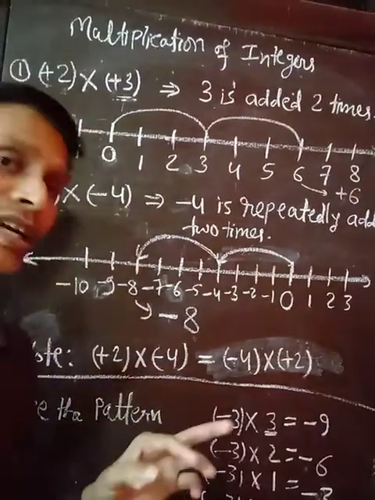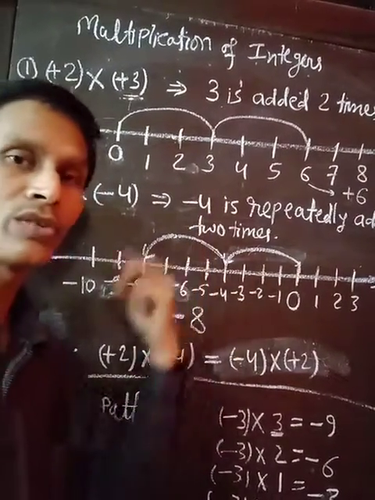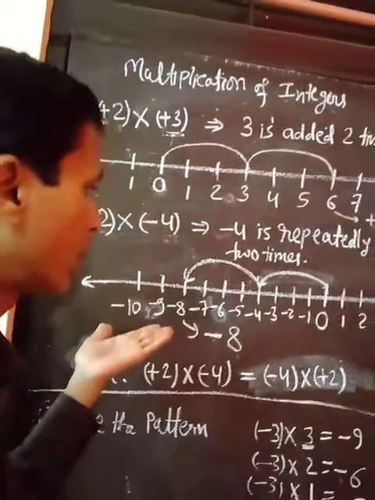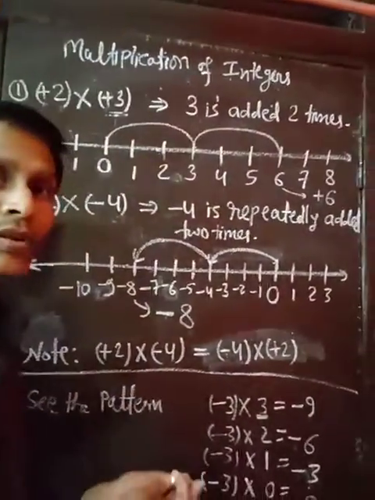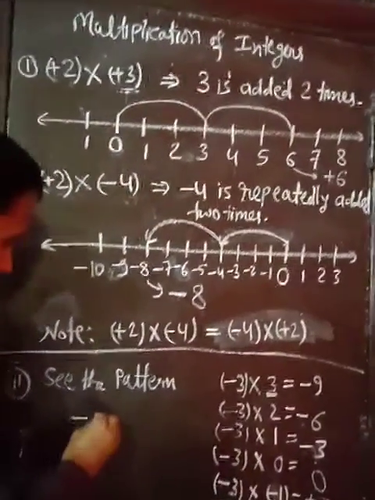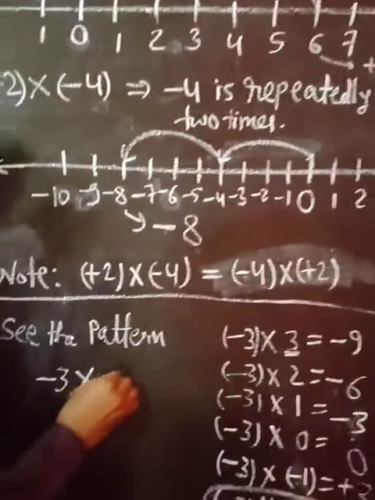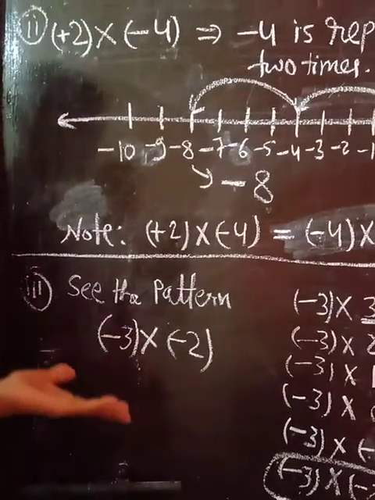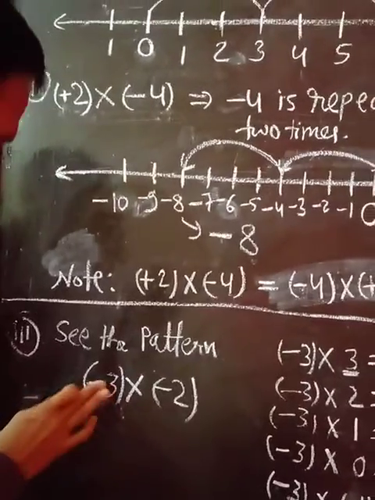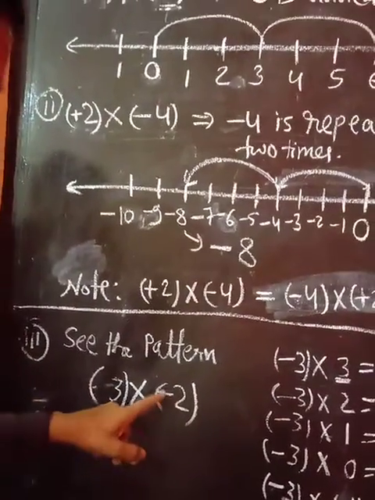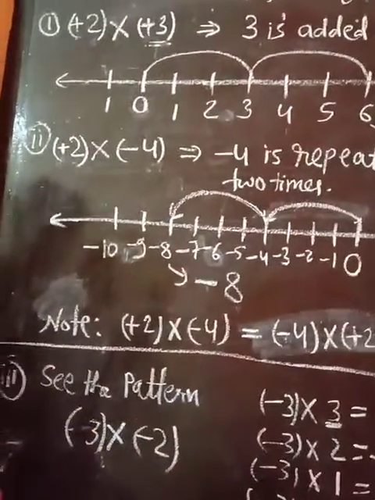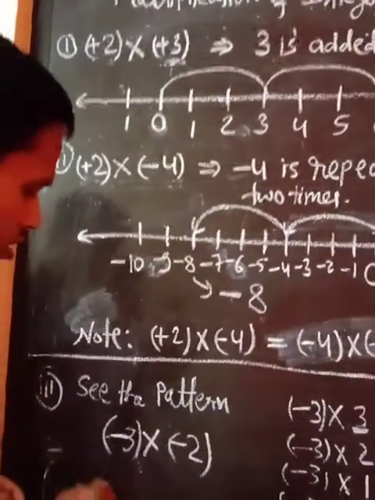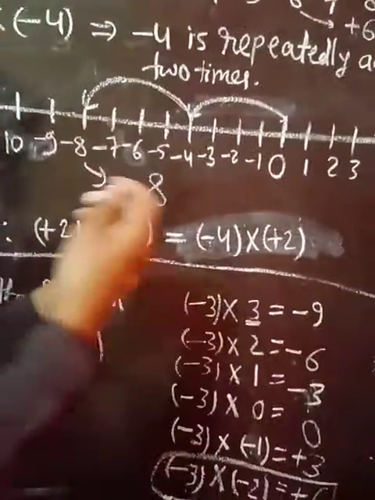Now let us think about when both are negative, then what we will do? That is not immediately possible to show here, because we can't show repetition with a negative sign. For example, minus 3 into minus 2, I want to explain to you. Here what is the repetition? We can't say a negative sign is there. If it is given like this, then we can say that minus 2 is repeated 3 times, but minus 3 has no meaning of repetition. So we will understand this by this pattern.